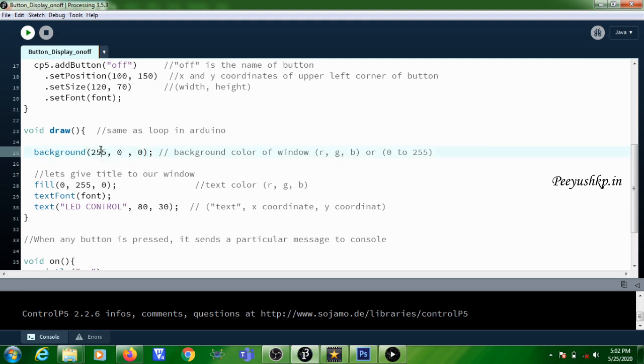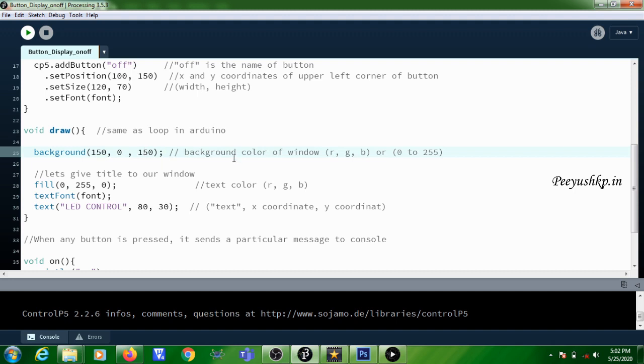Similarly, if you give 0 and 255 for green, you will get bright green. If you give 0, 0, 255, it will represent light blue. That is how you represent the colors.